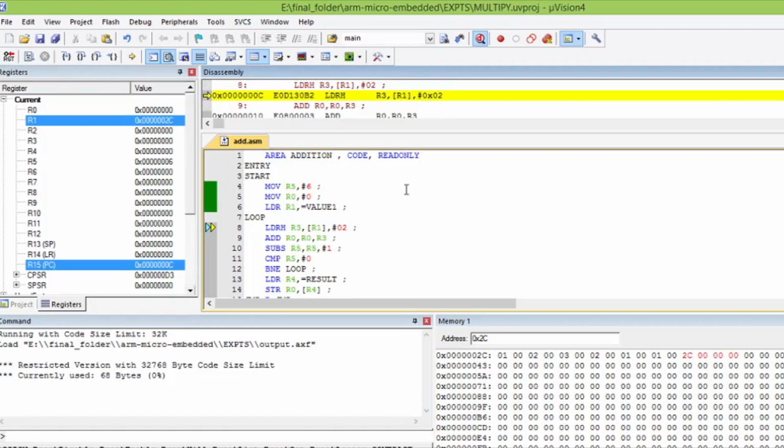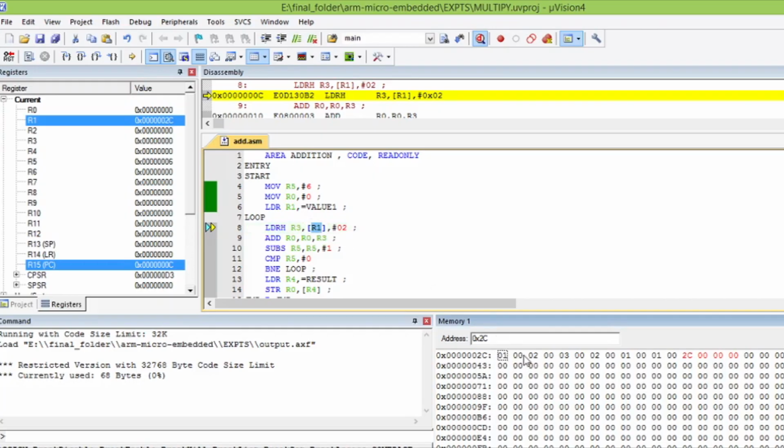Okay, so this is where we left off executing. What should happen here is nothing but the content of R1. See, R1 has an address which is 2C. In 2C, what value is there? Here they have specified LDRH, so half-word or 16-bit data from R1